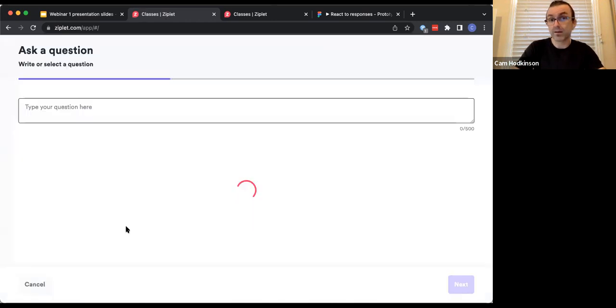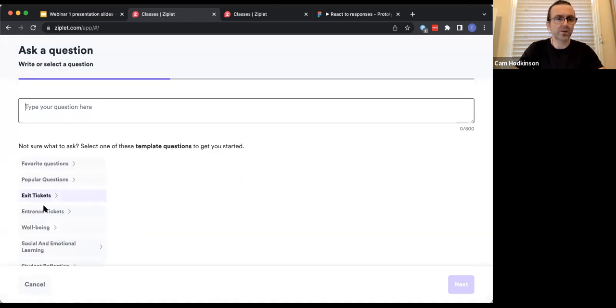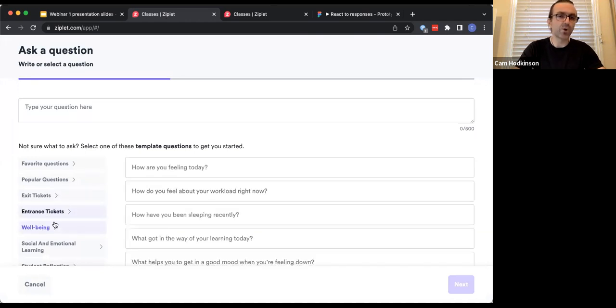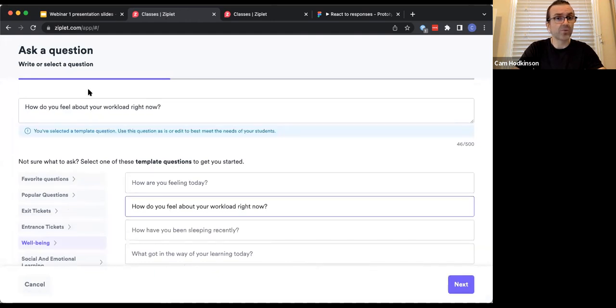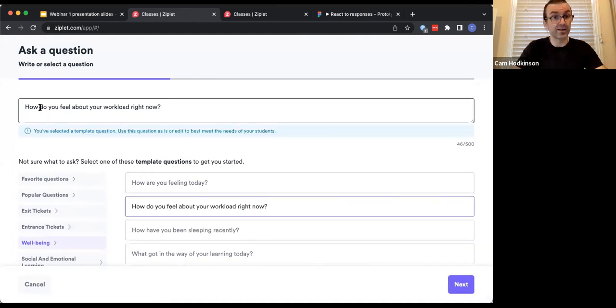So let me get a question set up. I'm going to base this question off one of our existing wellbeing questions. You can jump in here and feel free to use any of these. The one I'm using, I want to focus on stress as an initial marker, because I find that stress is actually a pretty key contributor to how committed students feel and how overwhelmed they can feel. But I'm going to modify this one just slightly, so that we're asking, how stressed do you feel about your workload right now?